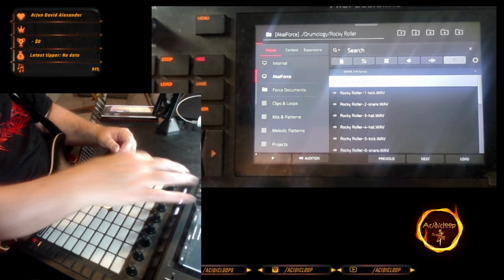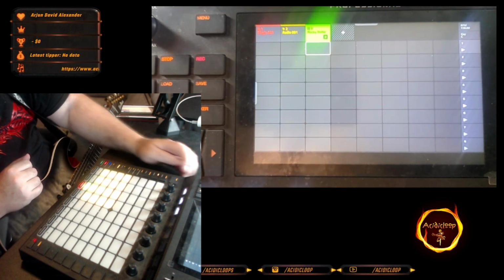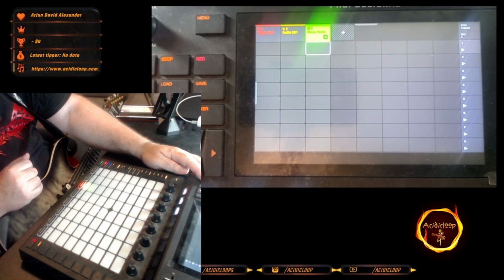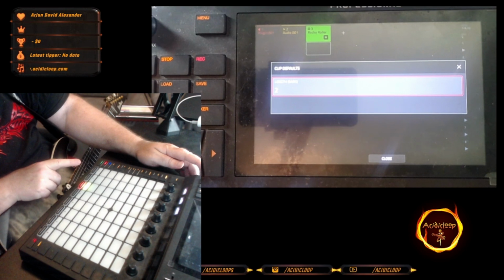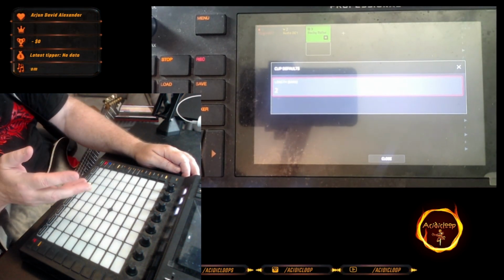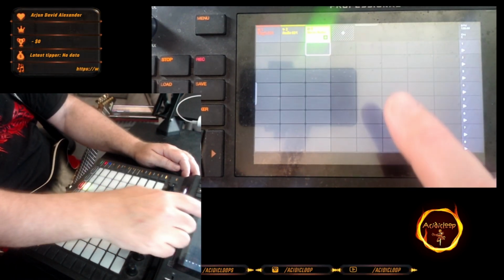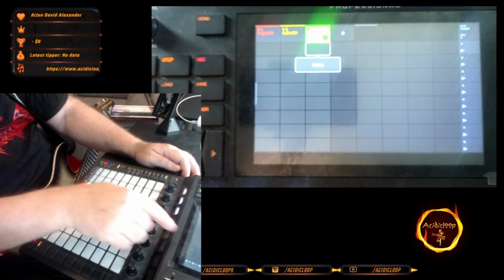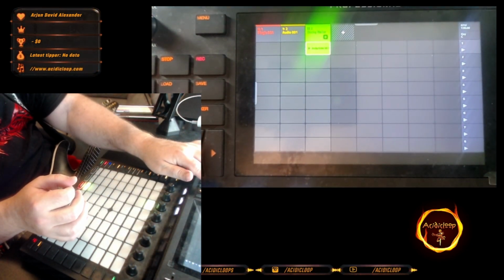So what we're going to do first is go back to my matrix. And for this particular one here, I'm just going to make a 2-bar clip. To do that, you hold Shift, and then on the bottom here, press and hold that. It allows you to set however many bars you want for the next track. In this case, I'm just going to do 2. We'll hit close, and then I'm going to long press inside of here and create a clip. Okay, long press, create clip, and then I'm going to hit the clip button